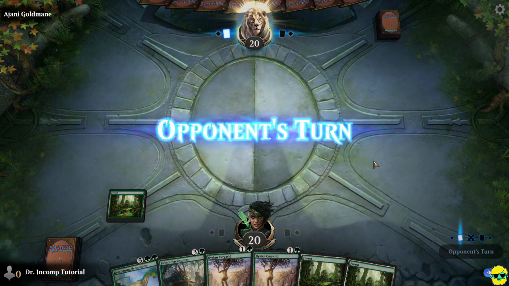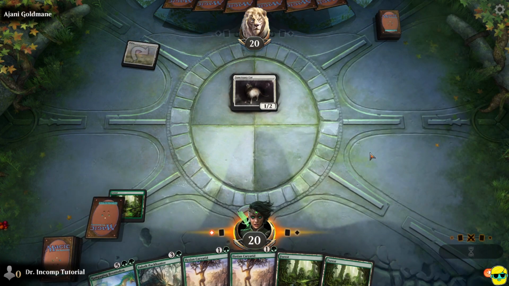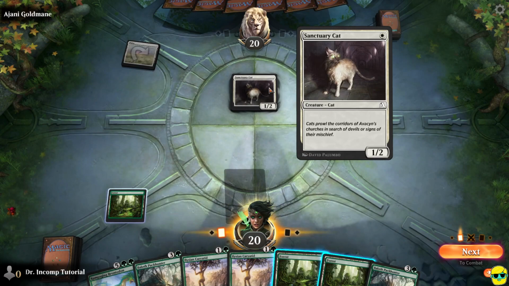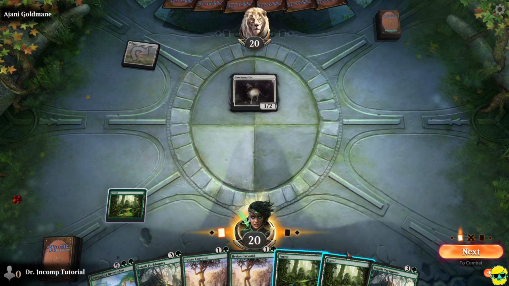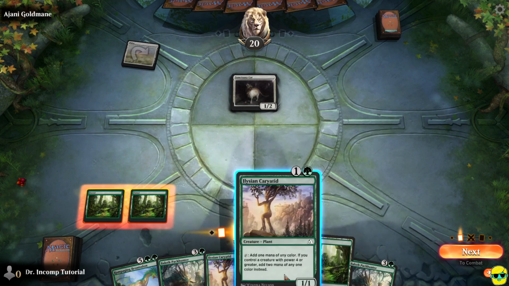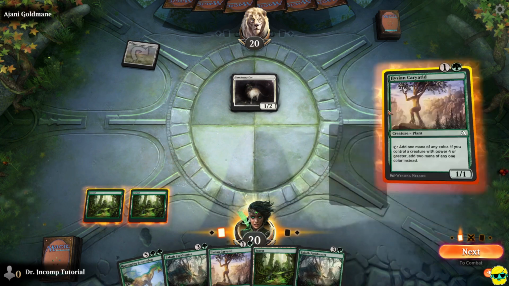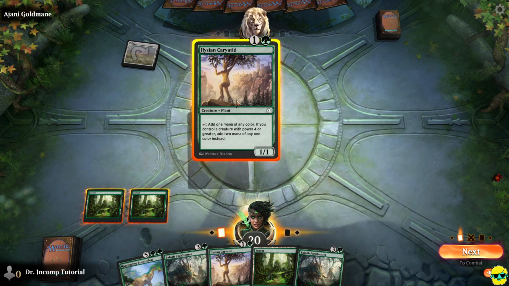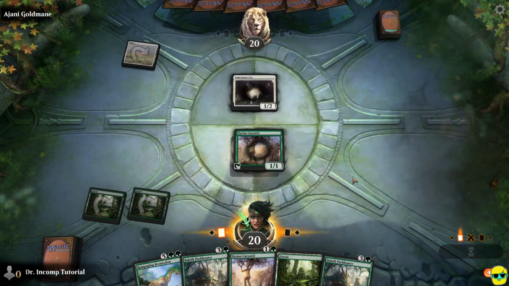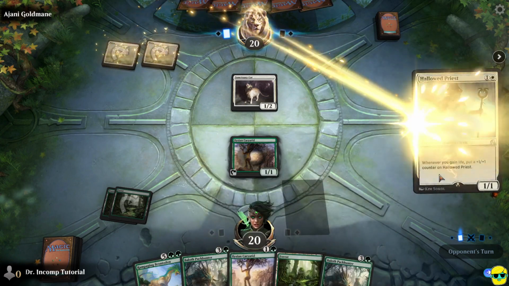Now, however, I can't do anything but play a forest. And the Johnny's played a Sanctuary Cat, which is a 1/2 for 1, which is nice to have that extra 2 toughness. But we're just going to go ahead and play our plant creature here. Now, it does say if you control a creature with power 4 or greater, you get to actually add 2 mana of any color instead of 1. So if we, for example, are able to ramp out one of these other creatures...